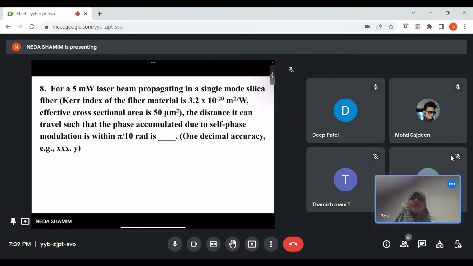Now we'll do a question which is based on Kerr's effect. So we have a 5 milliwatt laser beam propagating in a single mode silica fiber. In this silica fiber, we have a Kerr index of 3.2 times 10 to the power minus 20, and the effective cross-section area is 50 micrometer, and the distance that it can travel such that the phase accumulated due to self-phase